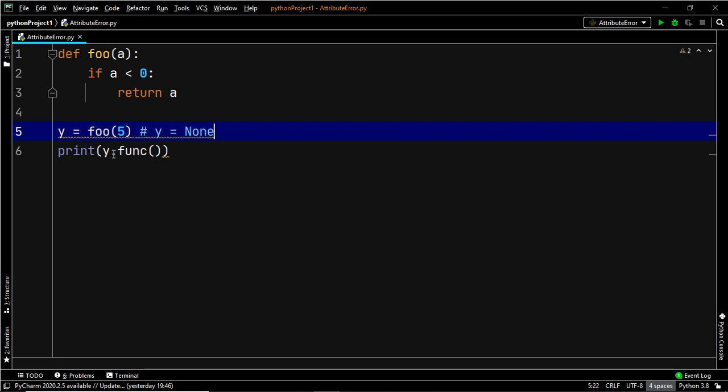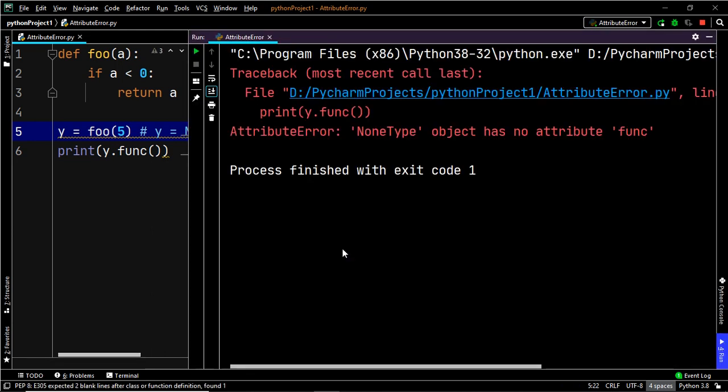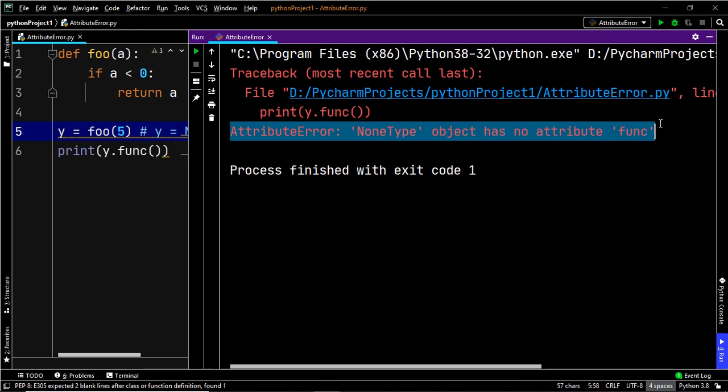So when we try to access an attribute func which is attached to y, this means we are trying to access an attribute of the NoneType object y, and this attribute func doesn't exist. So once again we are going to get an attribute error which says NoneType object has no attribute func. Let's go ahead and execute our code to visualize that. And as you can see, we have an attribute error, NoneType object has no attribute func.